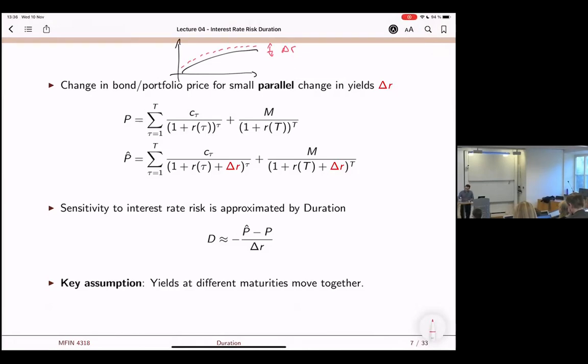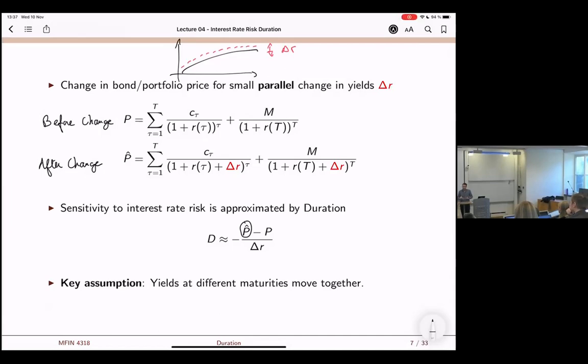Now, if you were to measure that empirically, you would say, I have the price of my bond under the old rates. This is the first expression, before the change. Now, if all the rates at all maturities increase by this delta R, I have my price after the change. So how do I measure the sensitivity to interest rate risk in this case? Well, I'm going to look at the new price, the one after the change,